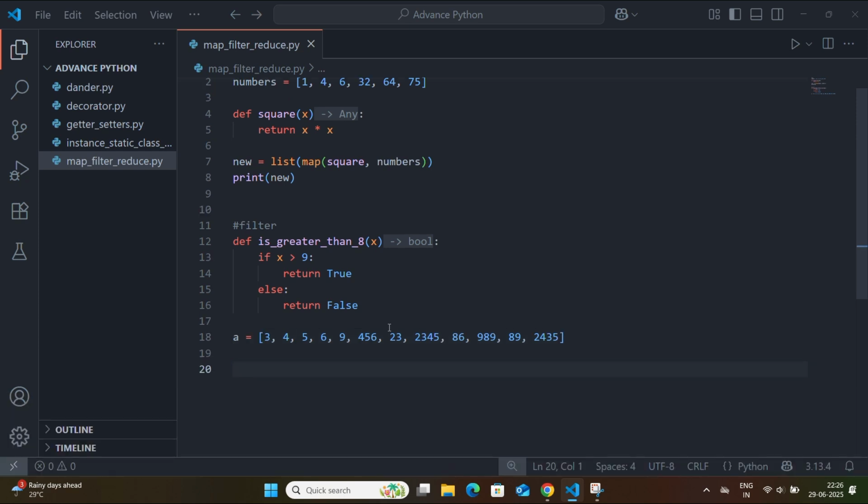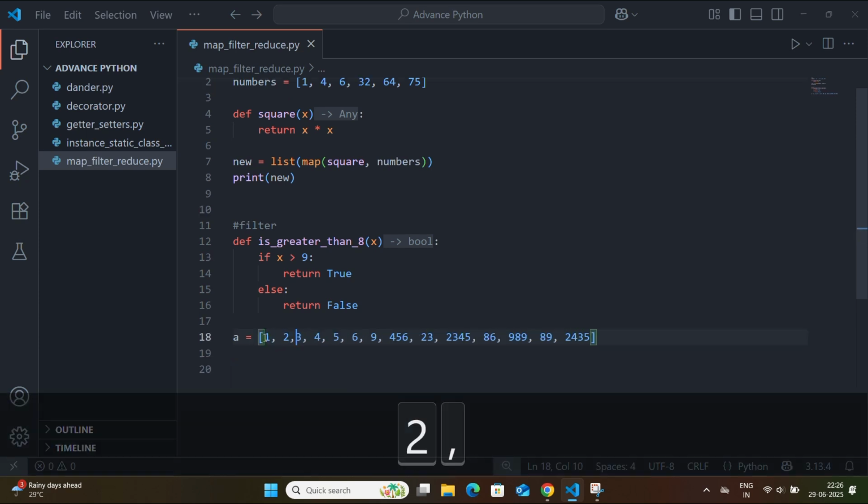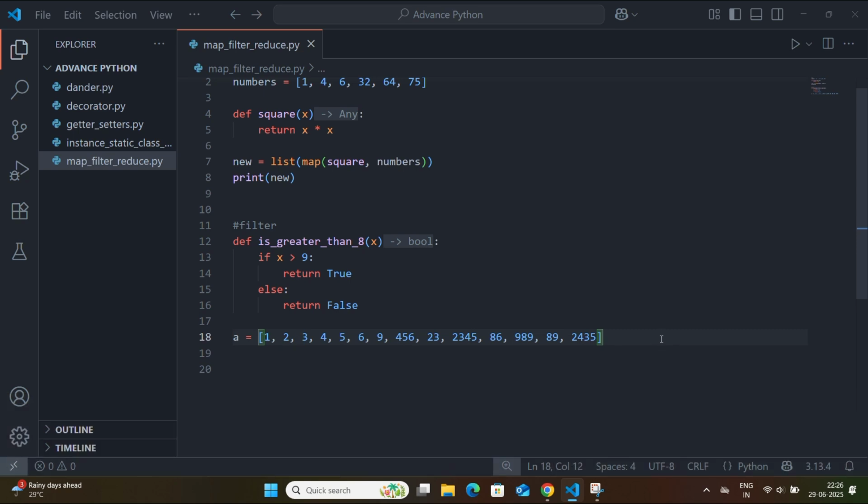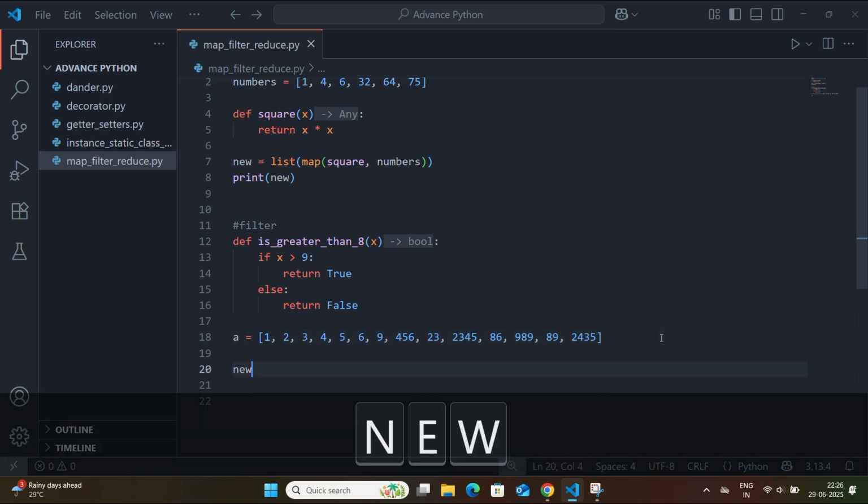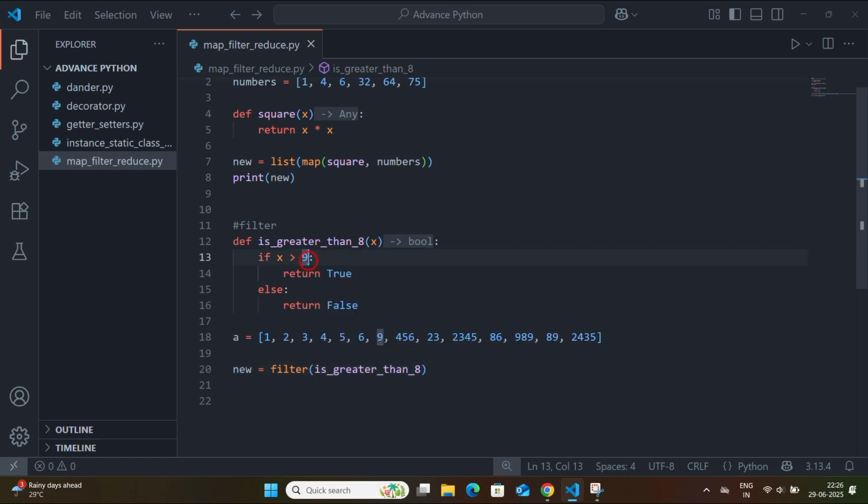Let's make it simple, also add 1 and 2, and write new equals filter is_greater_than_8, a. Print new.